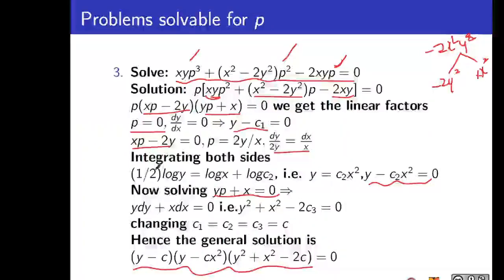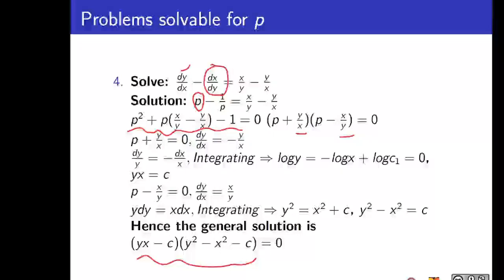So again, equating each of the factors, the first factor is a simple integrable function. Second, you need to do separation of variables and then integrate. Removing the logarithm on both sides, or taking the exponential function, you can rewrite the second solution in this form. In the same way you do the third one also, and you can club the terms and write the final general solution.